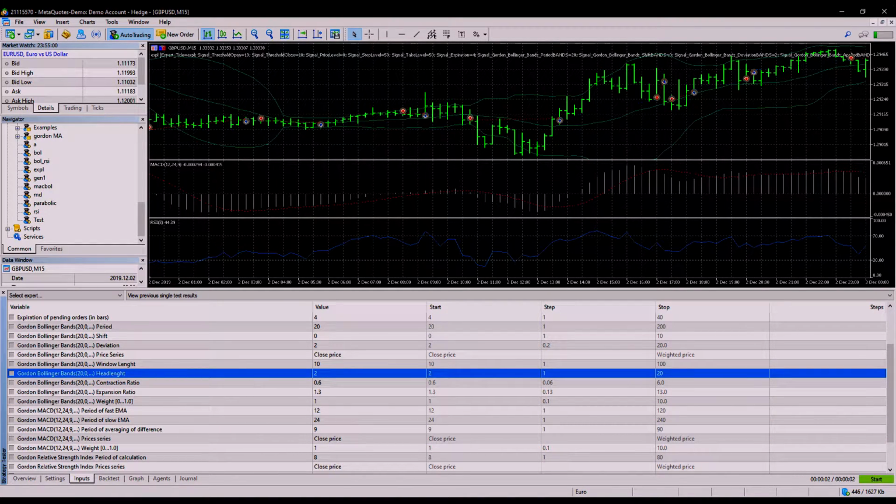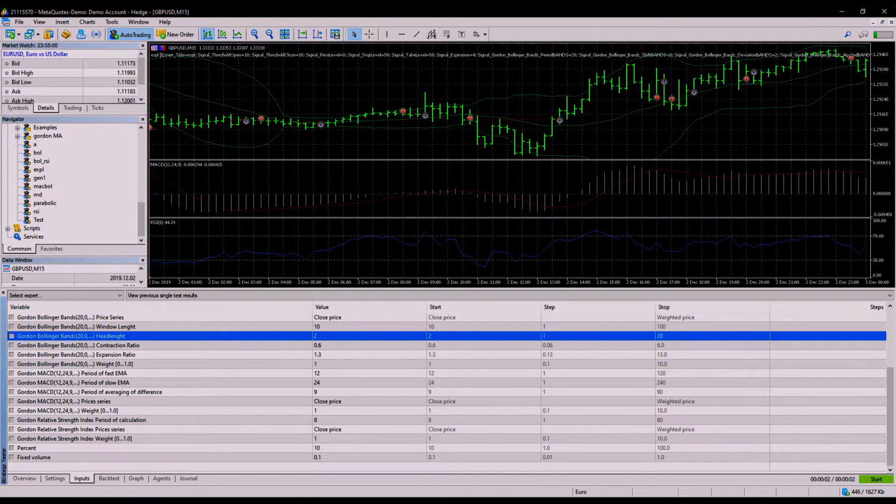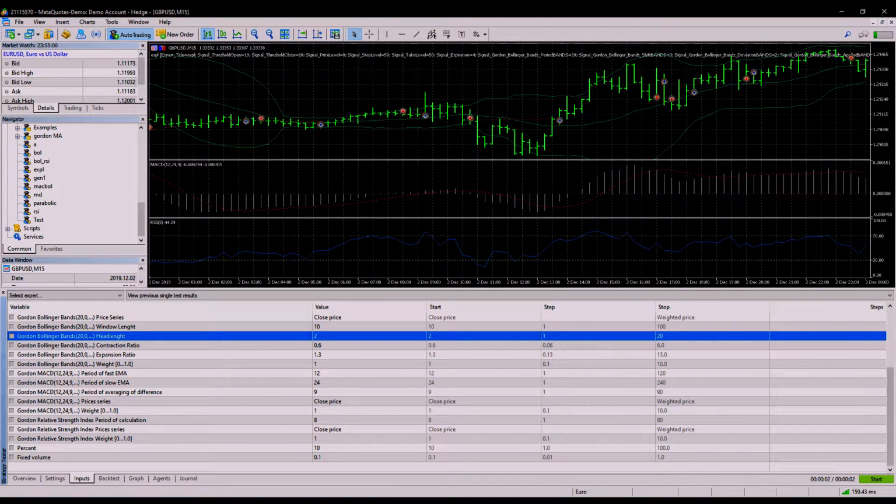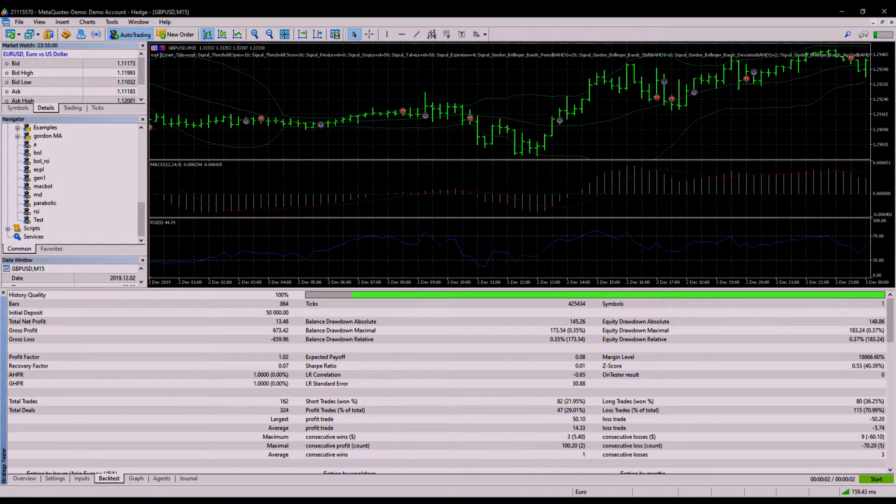We have included the ones that we found the most profitable in the documentation, so you might want to take a look at the documentation to find the parameters that we have found to be most profitable for all the 3 signals. On the back test, it will show you a very detailed